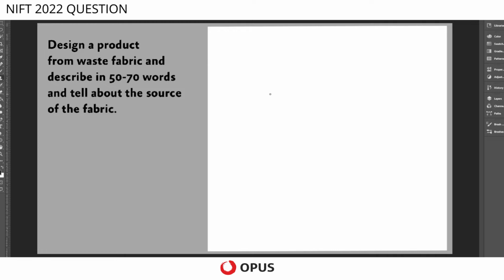We are going to solve this question which states: design a product from waste fabric, describe in 50-70 words, and tell about the source of the fabric. This is a question that came in NIFT and we'll try to see how this kind of question can be attempted. So suppose we have a waste fabric,